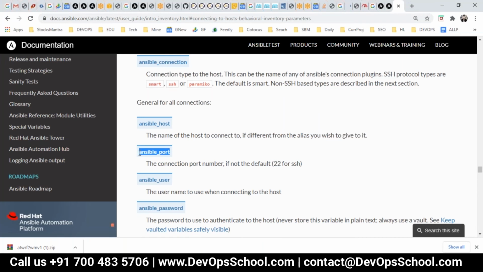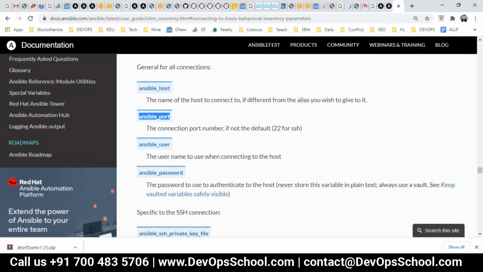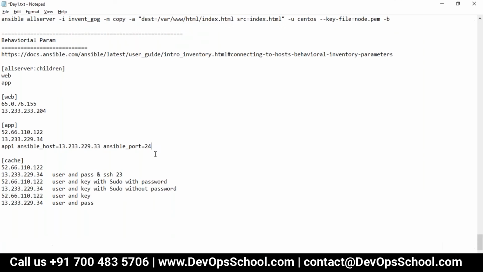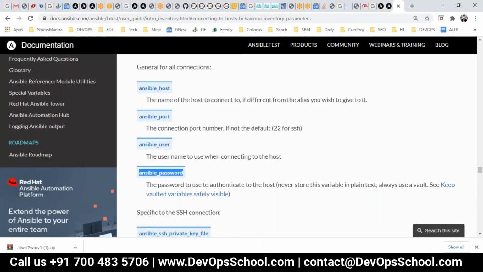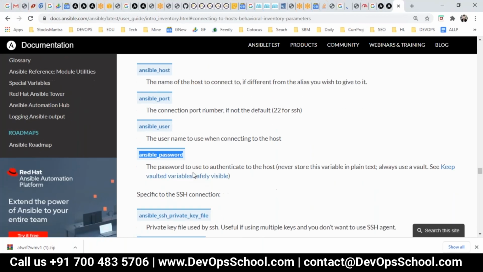What is a port? Ansible port, you can use it if SSH is not running on 22. Ansible user, -u, this is a username, CentOS. Remember Ansible password, I said here password, is equal to pass123, something like this.